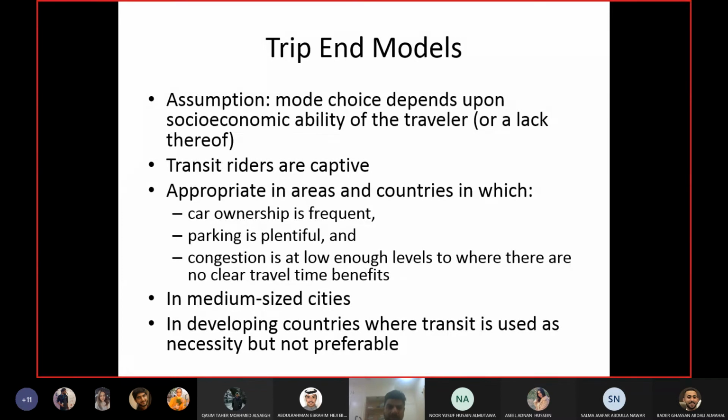This is all true for Bahrain, right? Car ownership is very frequent. Most of the places I found they have parking. Apart from when you are going to a festival, like the National Day festival, only at those times have I found parking problems. Otherwise, I found that alhamdulillah we have enough parking. You may have to walk more than others, but we have enough parking, and congestion level is low.